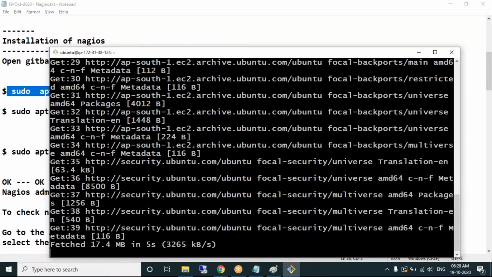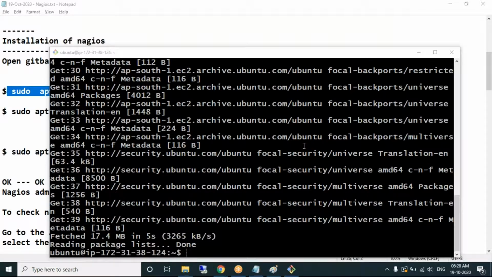And Sunil, one more doubt. In Ansible we have state latest for installing a package, along with state equal to present. What is that latest? Will it install or else update? In Ansible we have state equal to present for installation, absent for removing, and latest for upgrading from the lower version to a higher version.